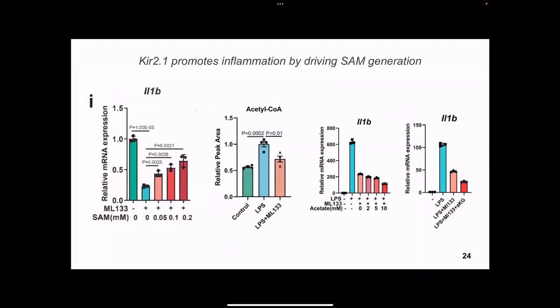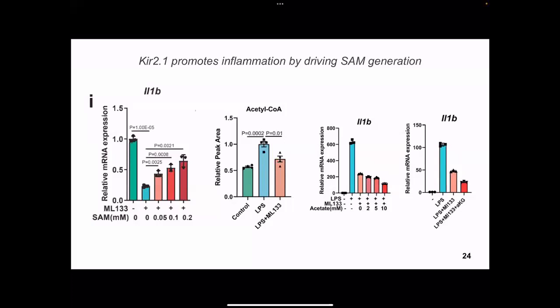To determine whether this association was causal, we supplemented ML133-treated inflammatory macrophages with SAM. And we found that the suppressed IL-1 beta mRNA production was dose-dependently restored. And the limited nutrient uptake and